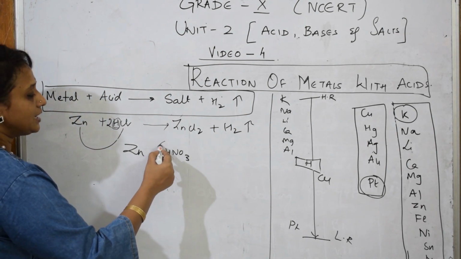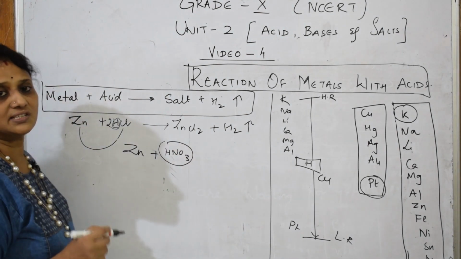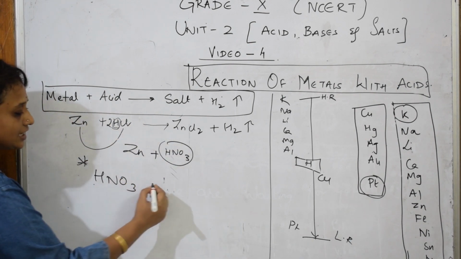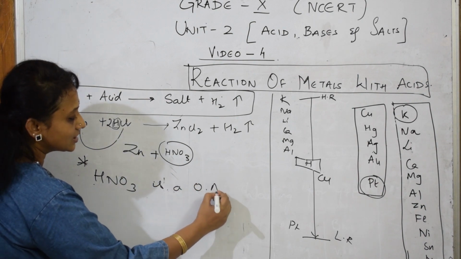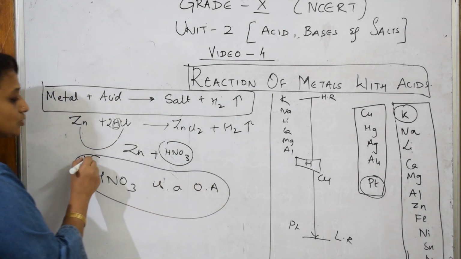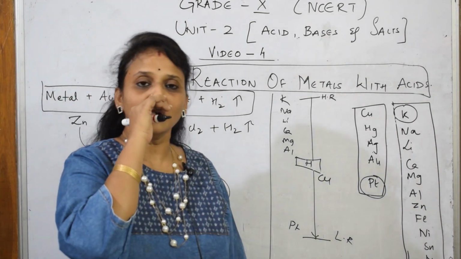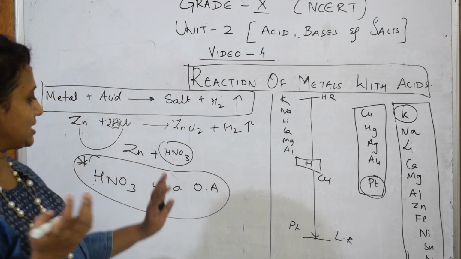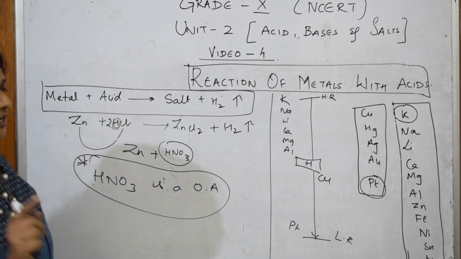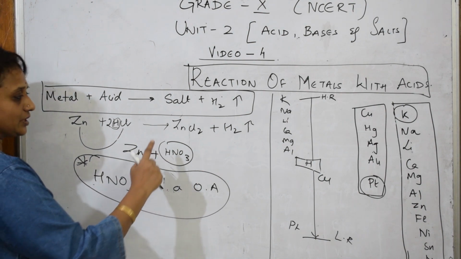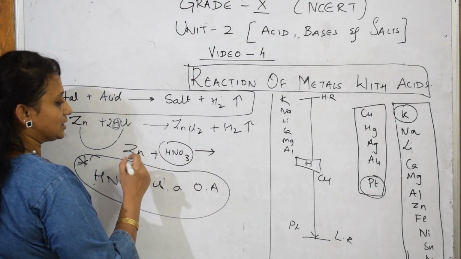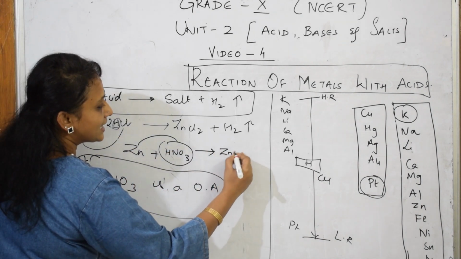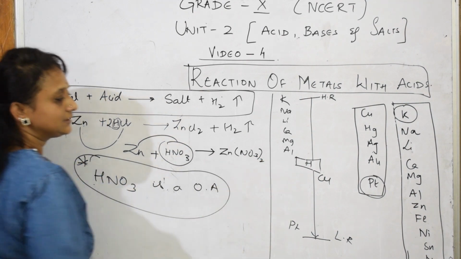Just see, the main role of nitric acid is, what is the magic here? Here HNO3, the speciality of HNO3 is that it is an oxidizing agent. Ma'am, what is this oxidizing agent? I don't know the concept at all. Okay, so see how I'll make this HNO3 act as an oxidizing agent in this reaction. Yes, students. Now zinc plus HNO3, as it says, it should give me a salt. So here zinc got added to chloride. Here, same thing, zinc gets added to form zinc nitrate.